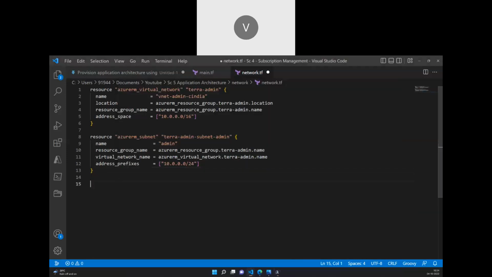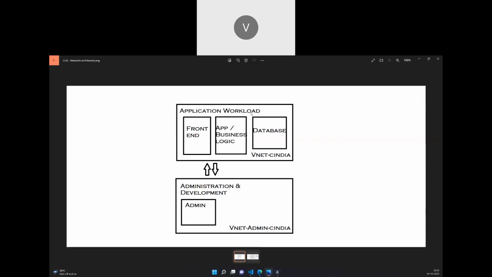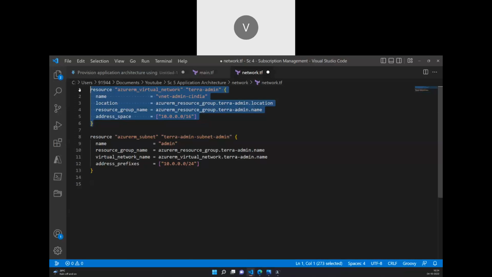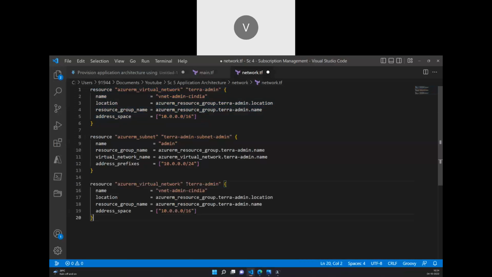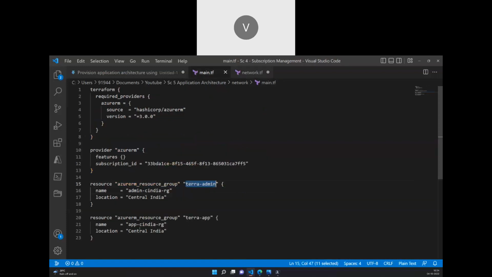Now similarly, the way I created this, let me create the virtual network for the app. How will I do that? I'm going to copy this and paste it here, in the same format, but here I have to mention app. I have to change the reference, otherwise Terraform will get confused. Why are you referencing with the same names and everything? Whom should I call, this one or this one? So we should change the referencing names. So this is Terra app, and I'm going to say VNet app C India,